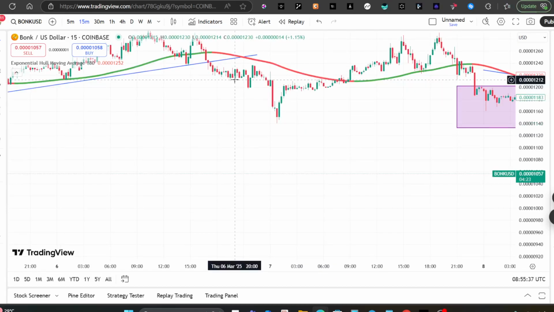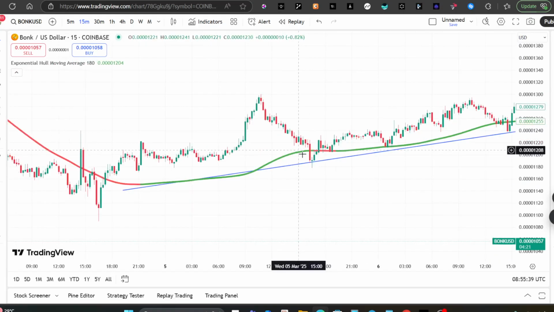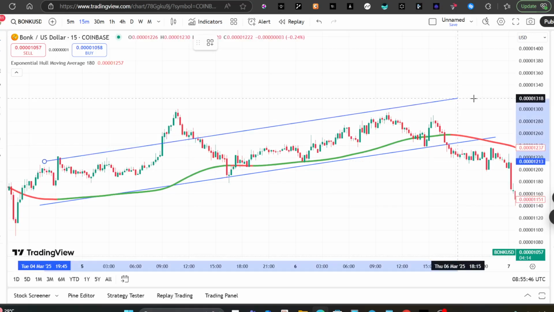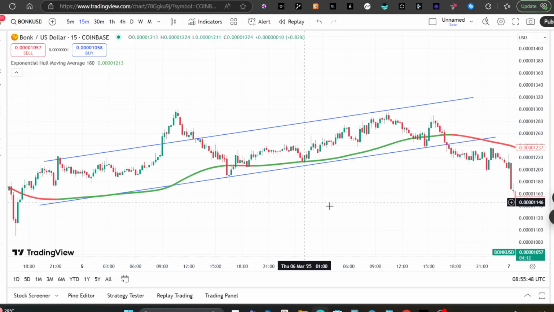Okay, so these are areas of continuation in the direction of the bullish trend, right? Okay, this one was kind of a false breakout. All right,